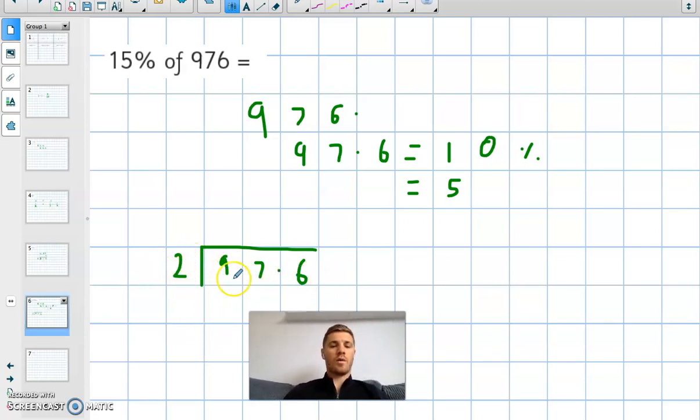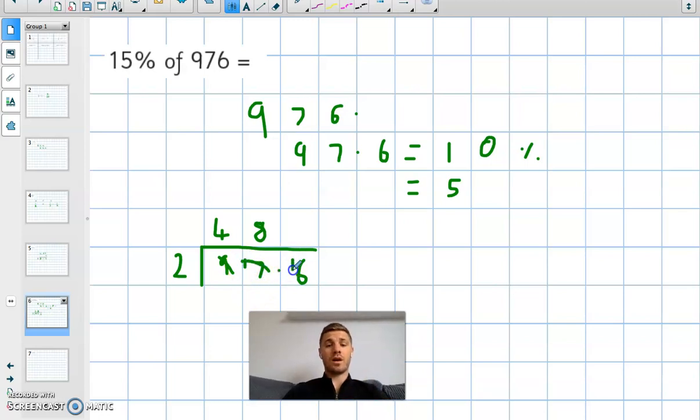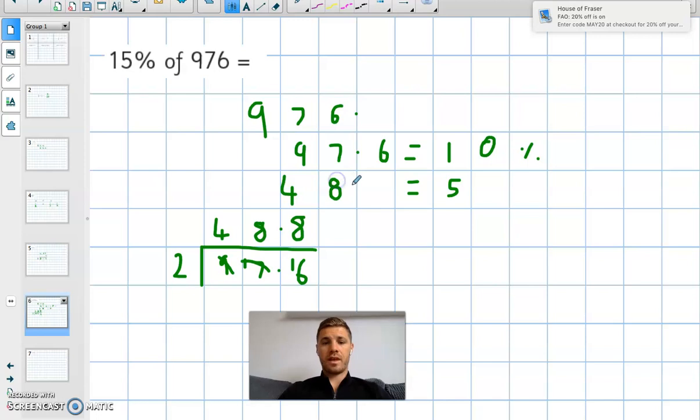So how many 2's are in 9? Well, I know there's 2, 4, 6, 8. So there are 4. So I've got a remainder 1 if I take the 8 away from 9. How many 2's are in 17? Well, there's 2, 4, 6, 8, 10, 12, 14, 16. So there are 8. And again, we're on 16, so if we take 16 away from 17, we're left with the remainder 1, so we carry that over. Make sure we put our decimal point up there, and then how many 2's are in 16? Well, we know that there are 8 exactly, with no remainder. So, our answer is 48.8, and that is what 5% of